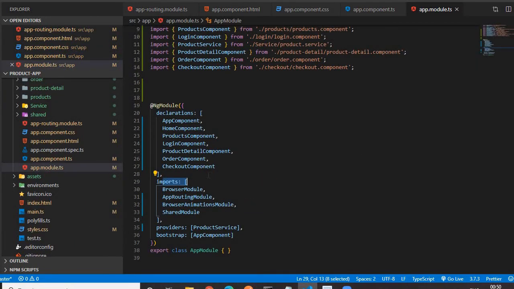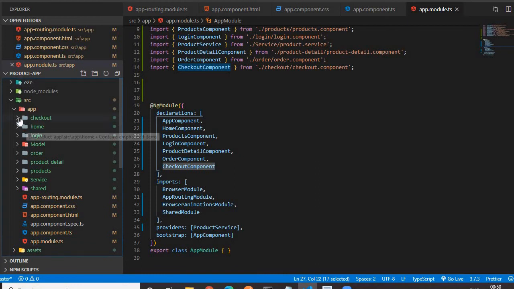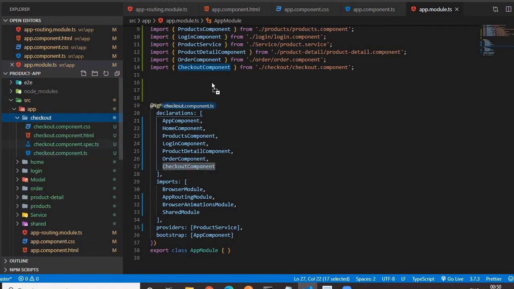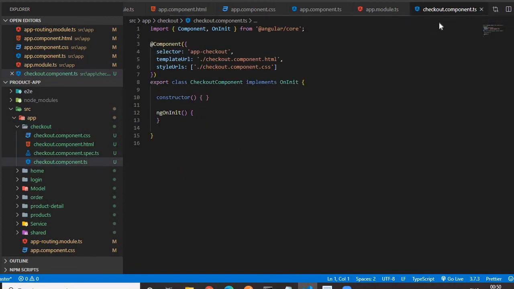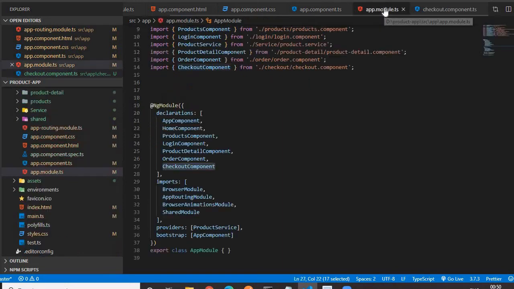If you see in the declarations array of app module, it has already declared the checkout component that it created. If you go to the checkout component.ts file, let me open it. It has a class named CheckoutComponent. The same class name is declared here and is automatically imported.